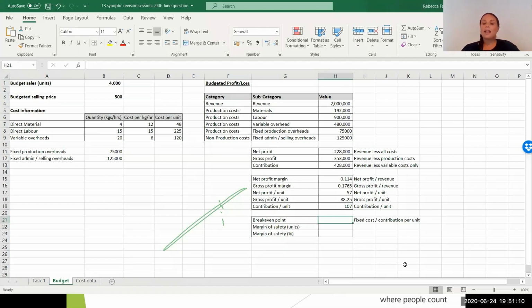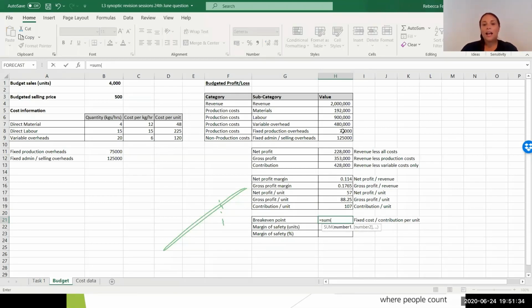Great, there's some formulas coming in. You're absolutely right there, guys. So what the ladies have done, they've added up the two lots of fixed costs, which is brilliant, and then they've divided it by that contribution per unit. There's lots of different ways to do your formula. So if you've done it a different way and got back to the correct answer, that's absolutely fine. I'm just going to show you this way, but you don't need to panic if you have done it a